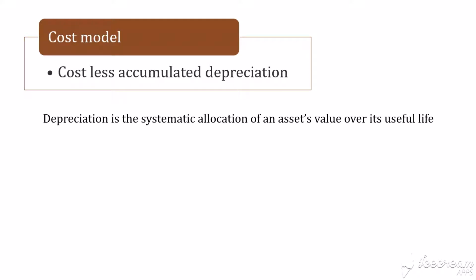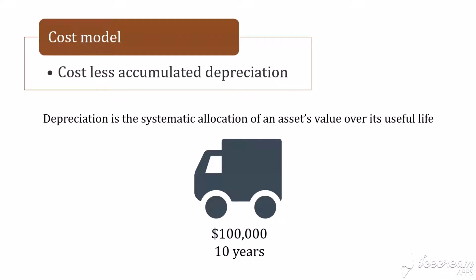To let you better appreciate and understand the rationale of this, let me illustrate something. Assume that I bought a delivery vehicle for $100,000. The statutory lifespan of this vehicle is 10 years, meaning I can drive it on the road for 10 years. When should I recognize the $100,000 as an expense? Do I expense the $100,000 when I bought the vehicle? Or do I expense it 10 years later after I finish using it?